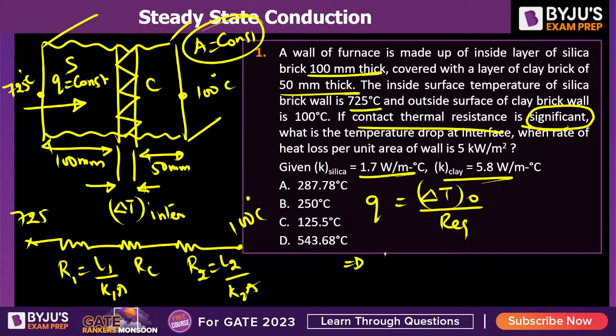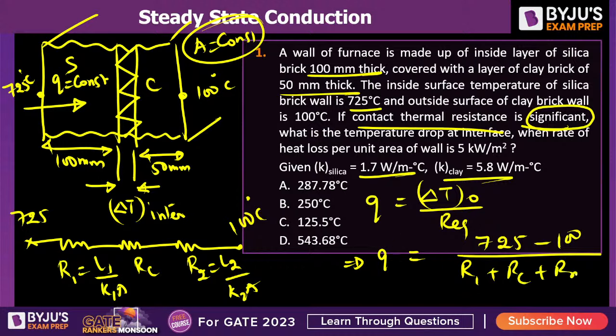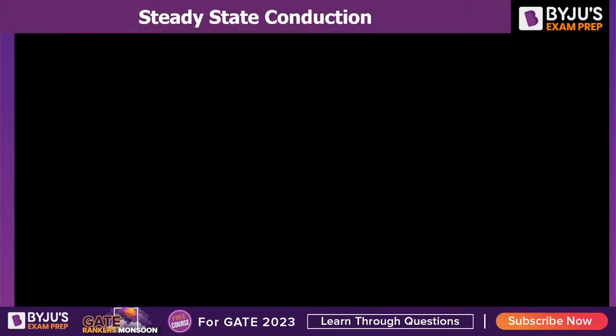Q is 725 minus 100 divided by 1 by A times R1 plus RC plus R2. Q by A is given. So if you put the values,